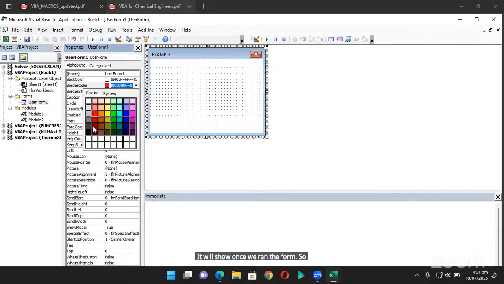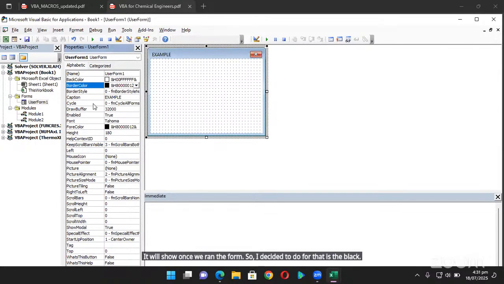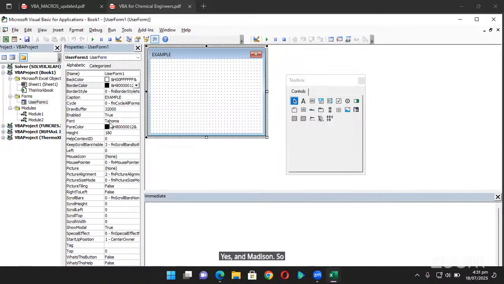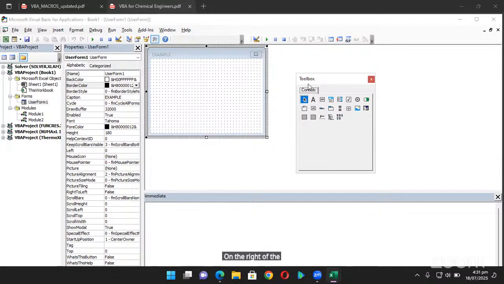So I'll just set it to default, that is the black. Yes, and that is it. So there are several things of the form that can be changed to suit the preference of the user or of the developer. But then if I click on the form, on the right of the form, I see this dialog that is